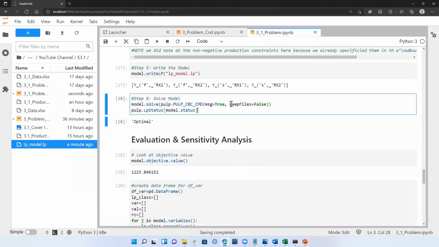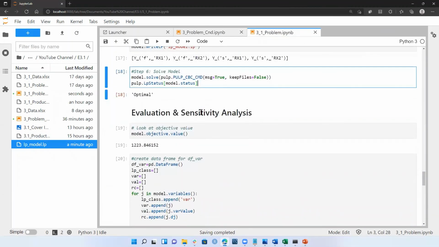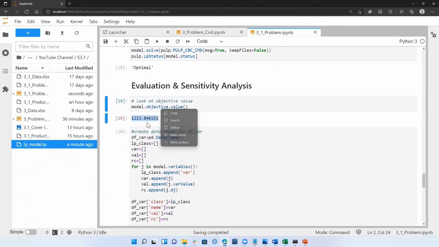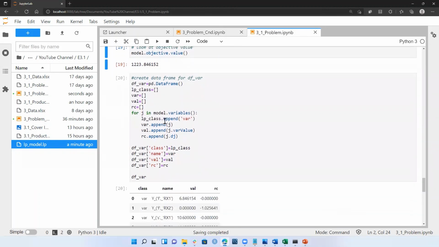And then I'm going to solve it as we discussed earlier. And I'm going to look at my model objective value. We can see here it's lower than before. So 1600 prior, now it's 1223.85, which is a good indication that the constraints are probably not material related, but time related, or I should say equipment related. We're going to go through the same process here to extract our decision variable values